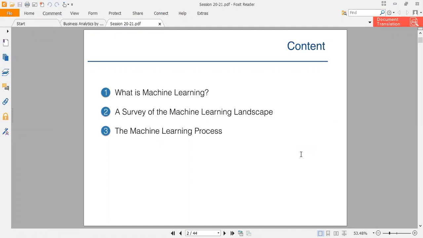So I'm going to purposefully remain a bit vague today. There are many details that we're not going to spend too much time on. But as we move on in the next few classes, you will go through each of those details one by one, and you'll be able to understand them better. So today is mostly going to be an overview of what is going to be there in the next few classes, and also what machine learning means, where it stands in the whole analytics spectrum. So first of all, what is